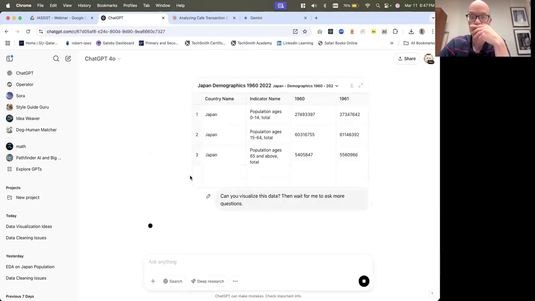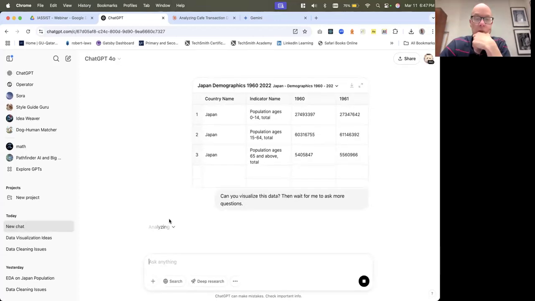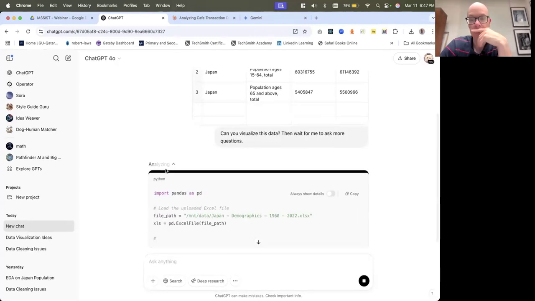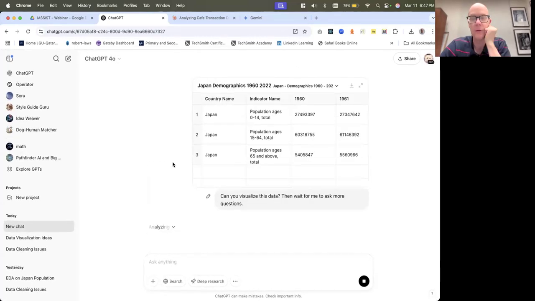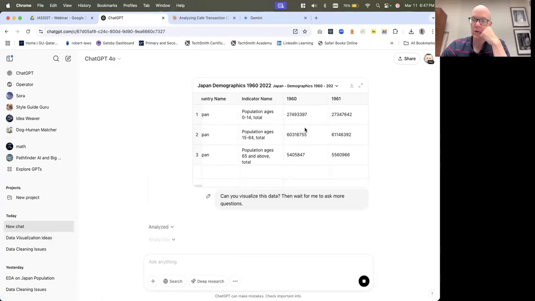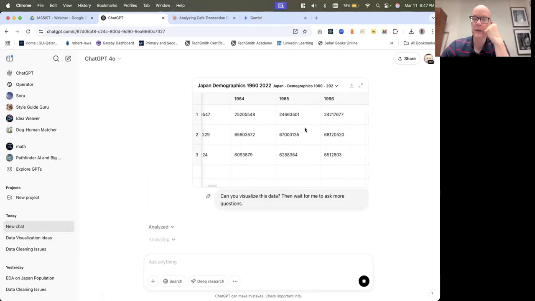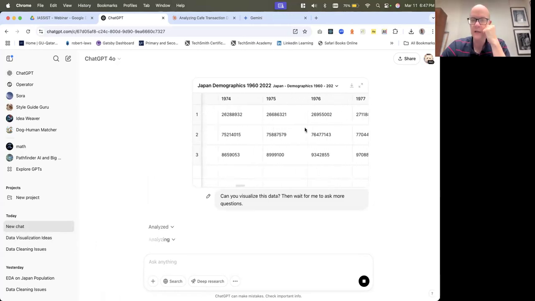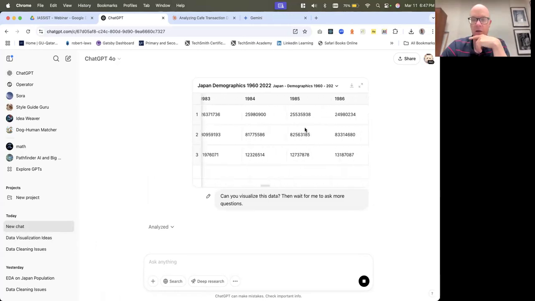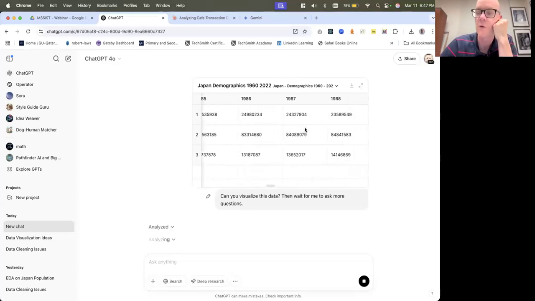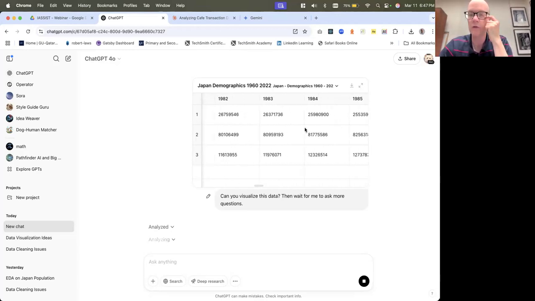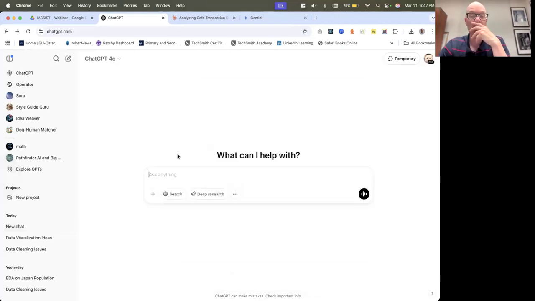Okay, here we go. So it's doing its analysis here. There we go. So it's pulling in the data and running it. Now, the way this data is structured, if we look at it, it's running like this. It's more presentational in the way the Excel spreadsheet is laid out, not necessarily the best format for a computer program, especially like Tableau. In Tableau, you would have to restructure this data somehow.